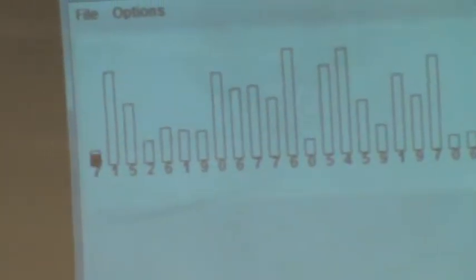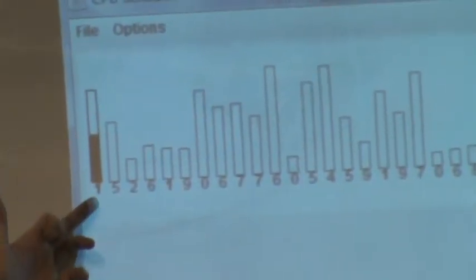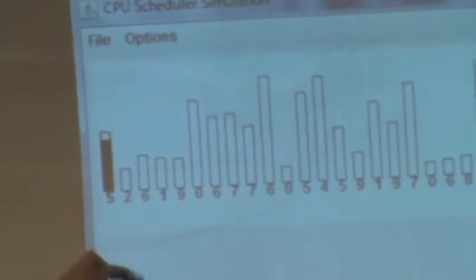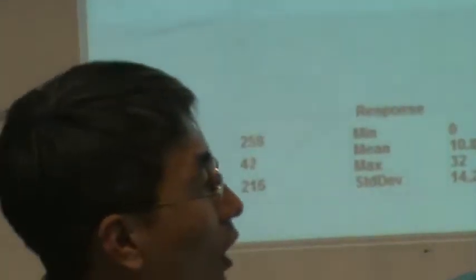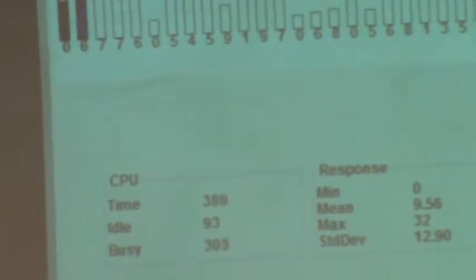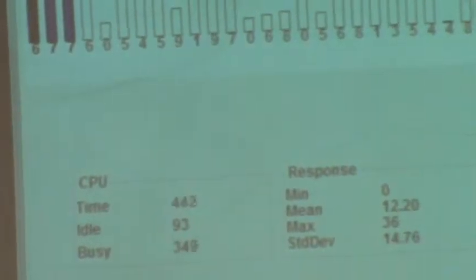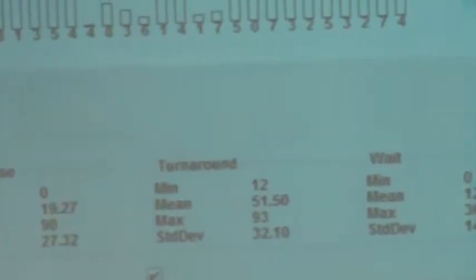So you see this one is used, and next. And you can see the CPU time, response time, turnaround time, and wait time are calculated. This is what you are going to do in your project. Okay? The main part is not the graphical user interface, but whether you can implement the algorithm. I believe that you understand the algorithm itself, but the problem is whether you can implement such an algorithm